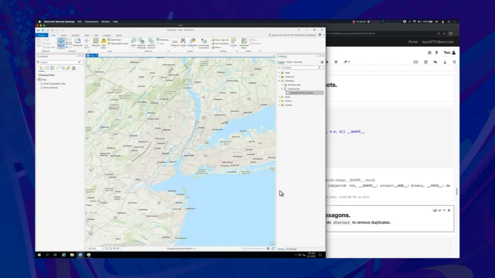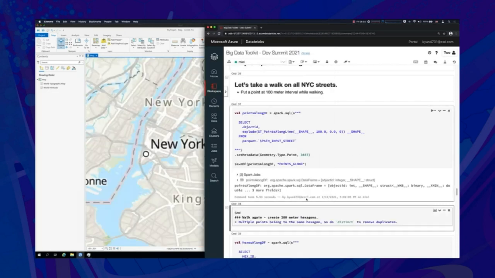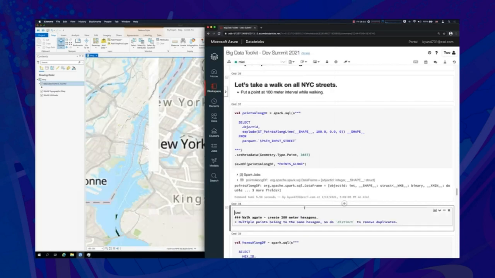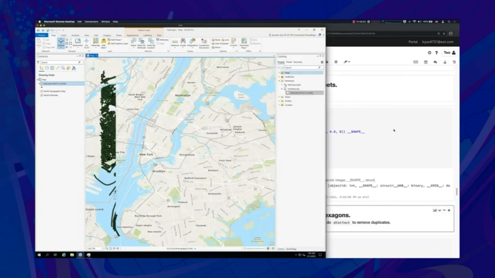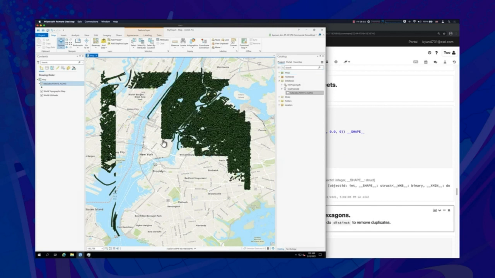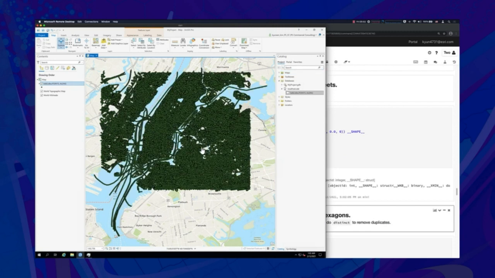Let's give it a few seconds. On the Databricks side, it's done already in 5 seconds. So these are 100-meter interval points, but at the sky level high, they are very dense. Anyways,